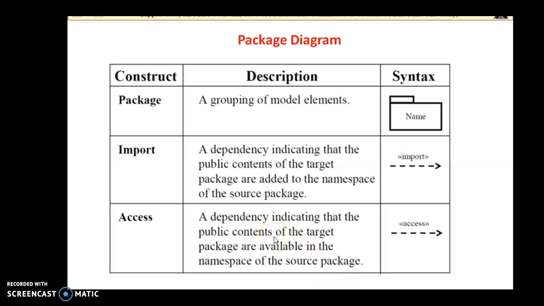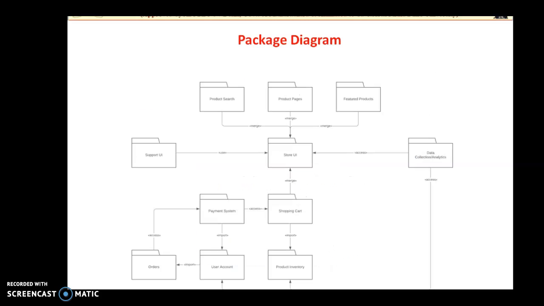Whichever package we want to access, that package needs to be given the access specifier in front of the attributes or in front of the name of the package, so that that package can be accessed in the source package. And whenever we have to add that particular target package in a source package, we just give the import in our namespace, so that the functionality and the attributes of that other package can be imported into the source package. So let's see a diagram.